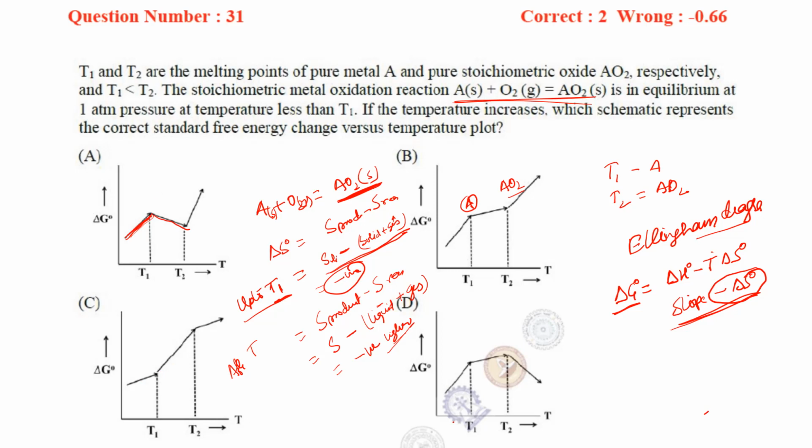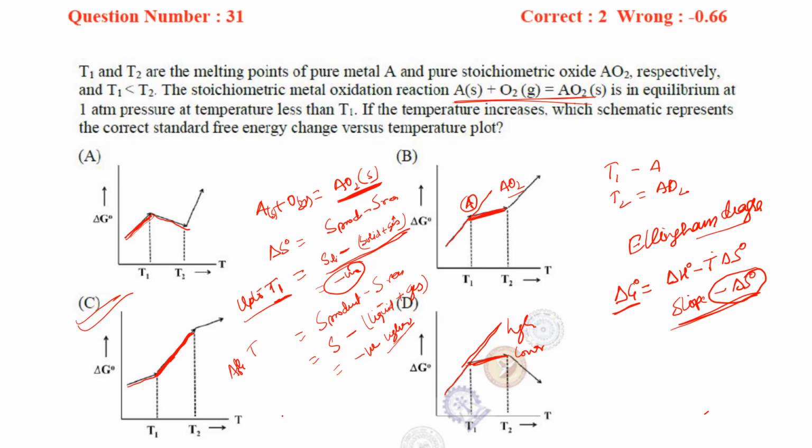So which is the favorable situation? B, C and D. It can be any one of B, C, D, because, wait, no, it can be only in the case of C. See here, the slope is this one and the next slope is higher, right? In the case of B the slope is this one and the next slope is lower. Again here the slope is this one and the next slope is lower. So option C will be the only favorable situation.